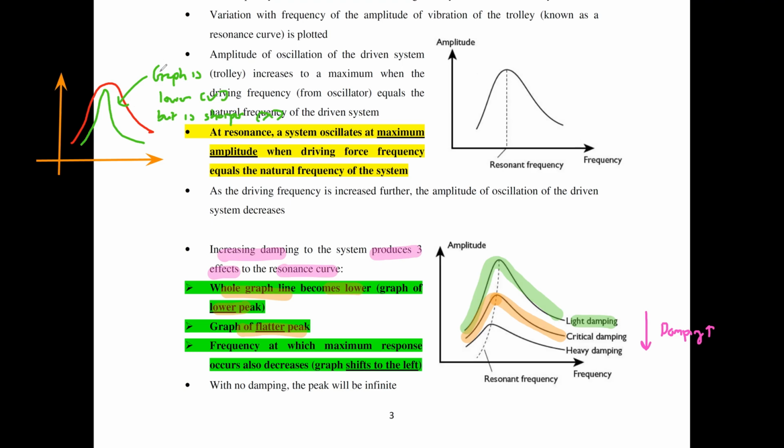You see, if you just look at the peak of the graph for the green line, it's actually sharper than the red line. So if you had tried to draw the graph with increased damping like that, you got one part of it wrong. It's not supposed to be sharp. It's supposed to be flatter. So if I wanted to draw it correctly,